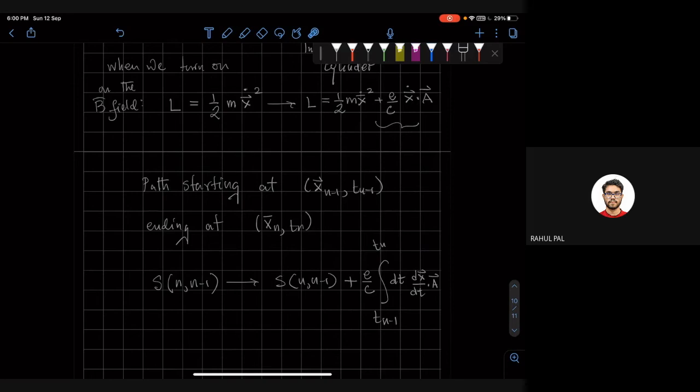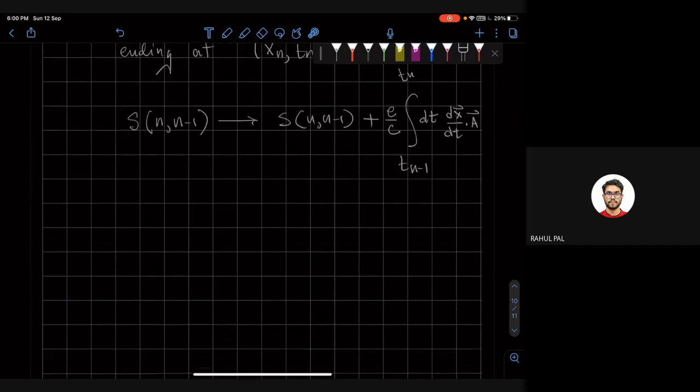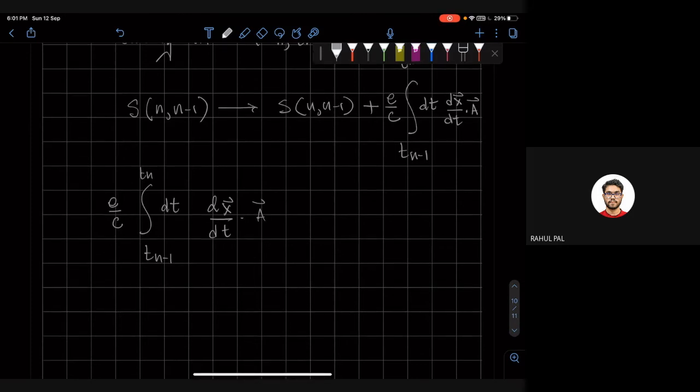Okay. So now look at this term. This term can be written as e by c, the integral from t_{n-1} to t_n of dt, dx by dt dotted with A. So what we can now do is use the chain rule